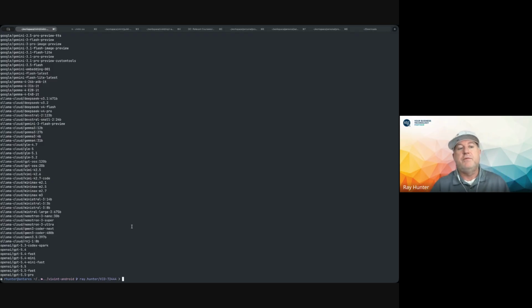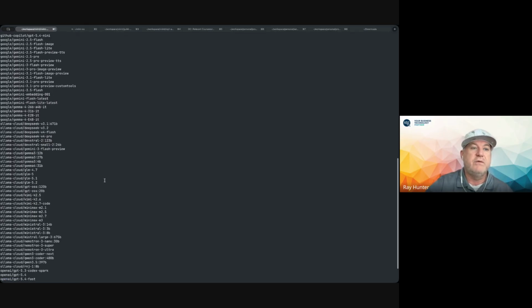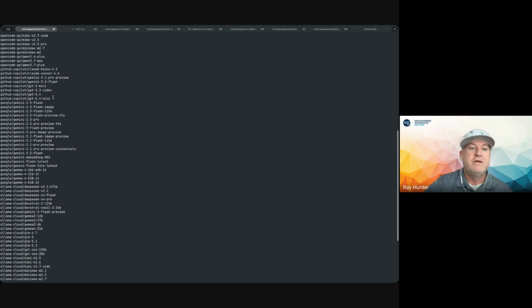So those are all the providers that I have. And with the providers, you can actually see all the models. Now, one thing to point out with these models is that sometimes it might list a model that's what OpenCode has configured on the back end. Your account may or may not have access to that model. So just be aware if it shows up in the list that you may or may not have access to that model. One example that I can think of off the top of my head where I run into problems is with GitHub Copilot. Sometimes I'll get a model, for example, I might have this Gemini 3.1 Pro.